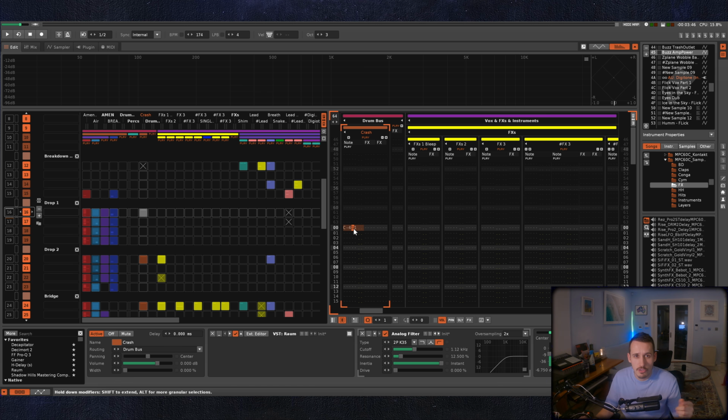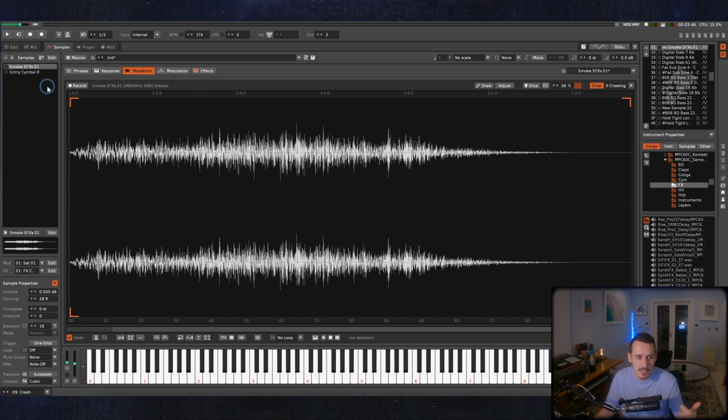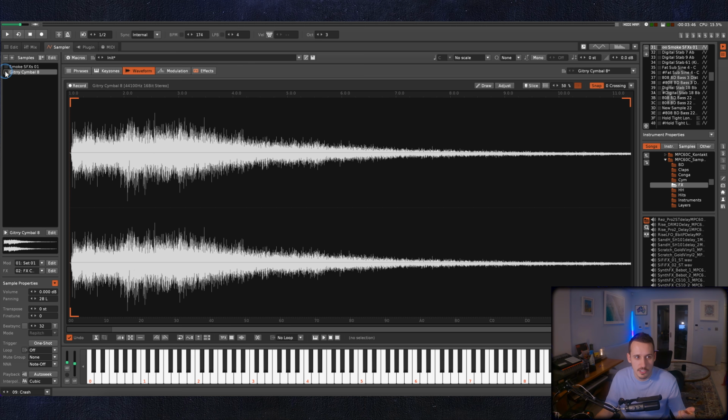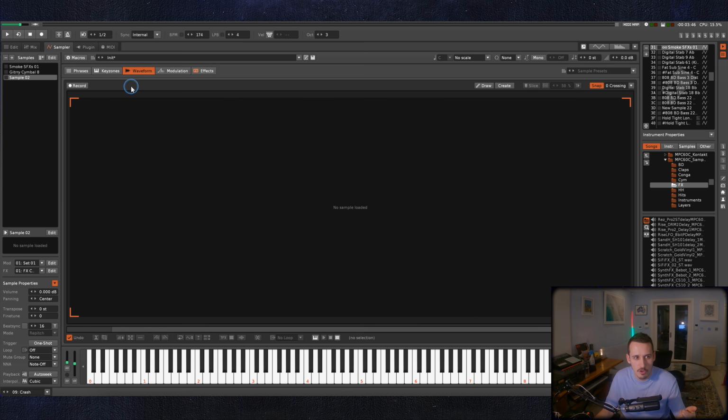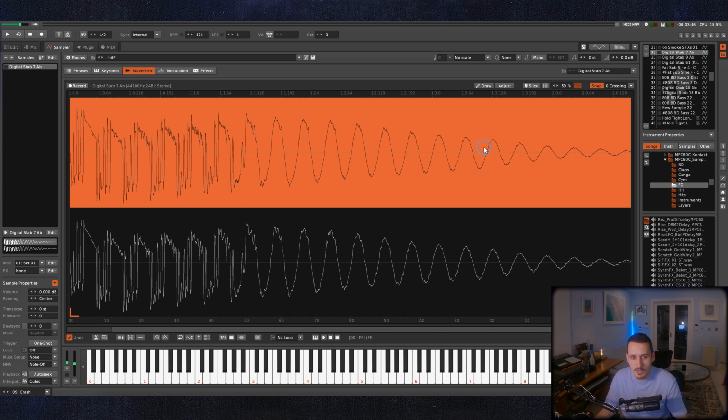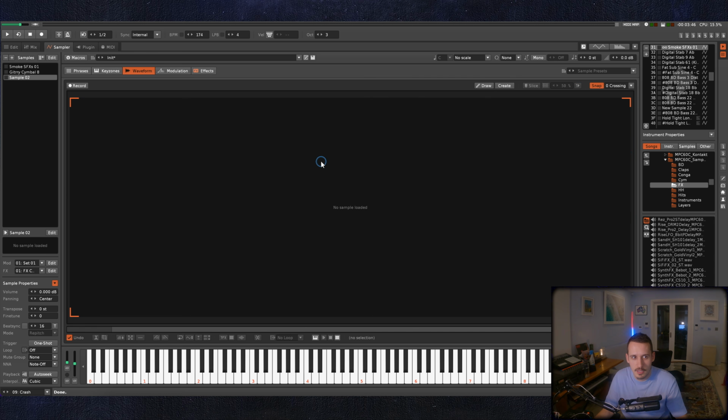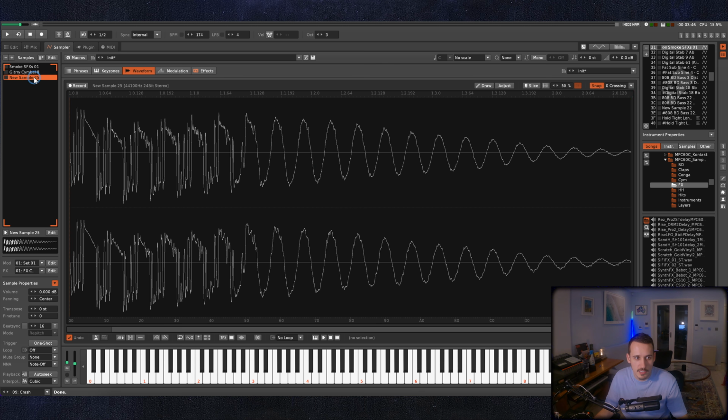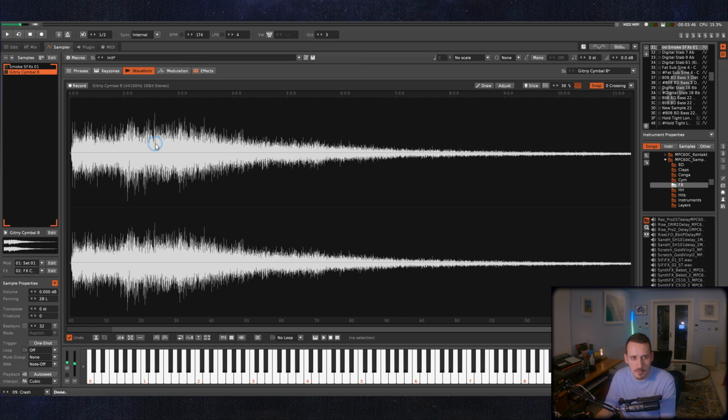In the same way that I use two different riser sounds there to just give a more interesting sonic texture, I've also done the same with the crash here, and I've layered it in a slightly different way. I've just layered it in the instrument stage here, so you can create a new sample and copy in any sound and just drag them into a sample in this way. And I've layered this cymbal